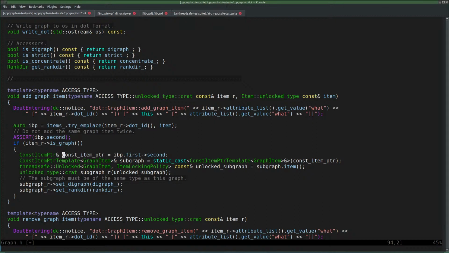If you ask me, this const item pointer is just the same as the item that we pass. So this is the same as item R. Well, whatever item R accesses.